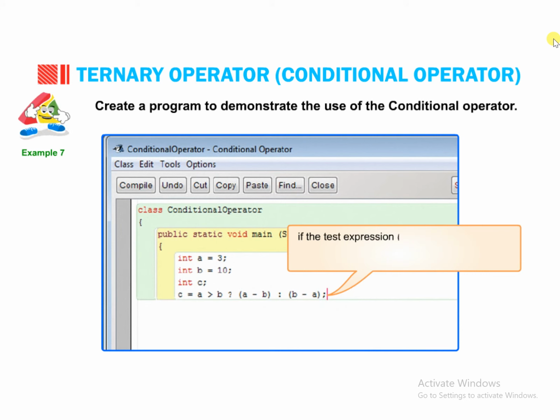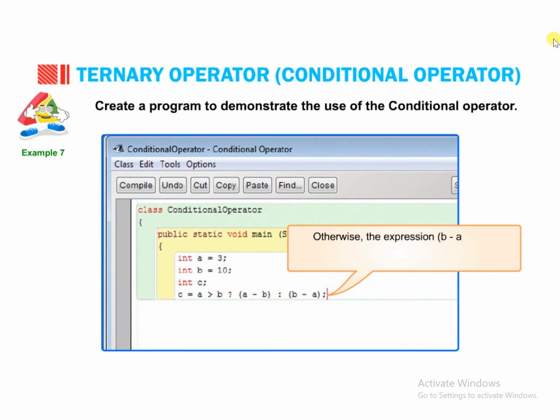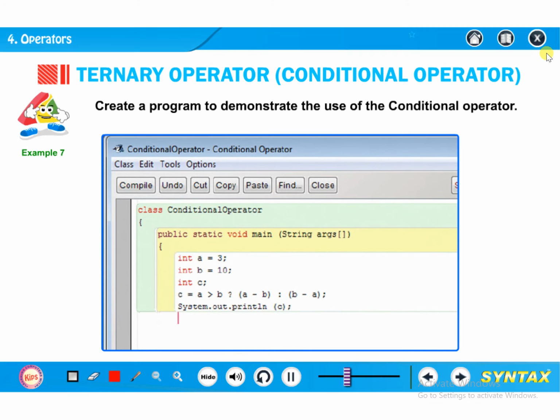If the test expression a > b returns true, then the expression a - b will be evaluated and the result will be stored in variable c. Otherwise, the expression b - a will be evaluated and the result will be stored in the variable c. Hence, the result will be 7. System.out.println(c); } }